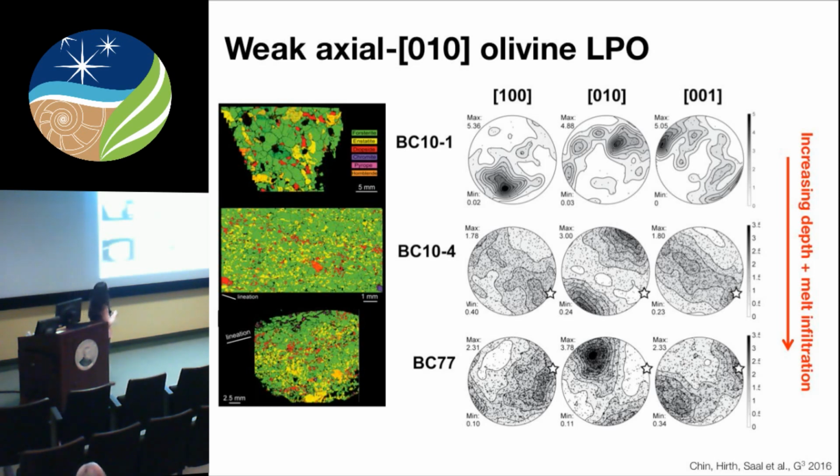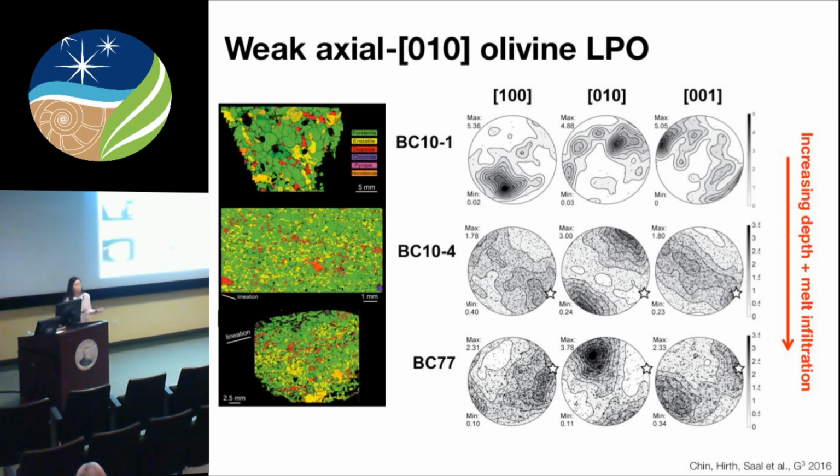And this is because the V direction is the glide plane. So this is a lineation here. But anyway, the main point is that with increasing depth and increasing degree of fertility, the olivine fabric changes from